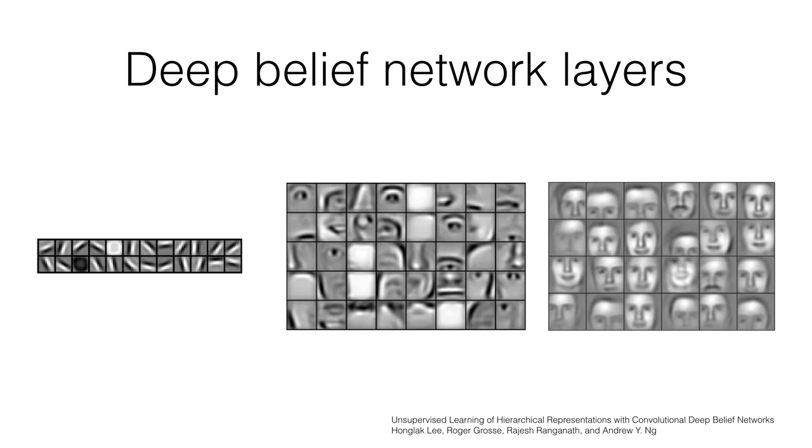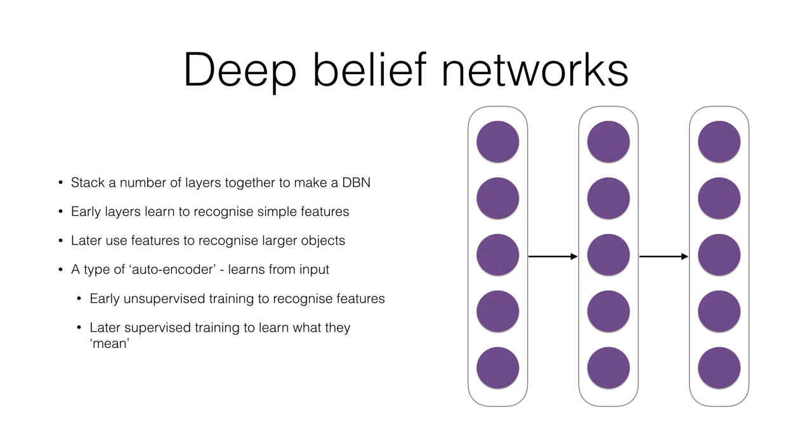This is a visualization of what each layer in a facial recognition deep belief network is doing. The early layer recognizes basic features. We've got things like gradients and edges. The deeper layer combines those features into more complex objects. And then you can see at the end all of these faces. And what's really interesting is that none of the faces in the last image are actual real people. They're just what the network has learned the concept of a face is.